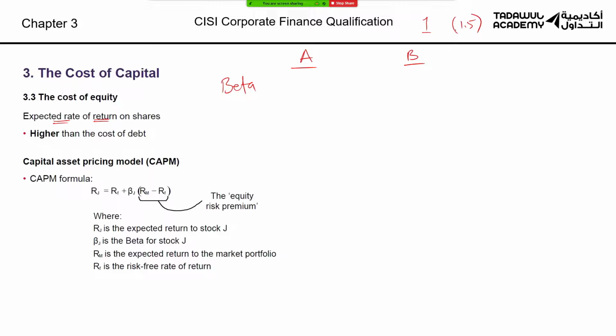So a beta of 1.5 tells you that this stock is a higher risk. And therefore, we should be expecting a higher return from it. And conversely, if a stock has a beta of 0.7, this is a slower stock. It has less volatility. So it's a lower risk. And therefore, the expected return on this investment will be lower than the market. The market can be the benchmark, the index. Usually it's going to be sort of the index.